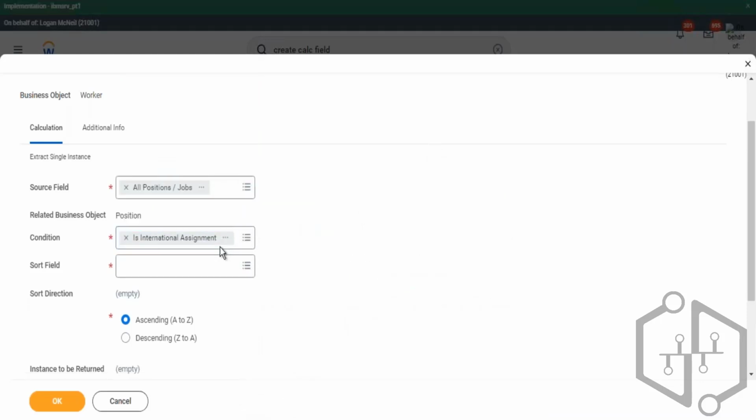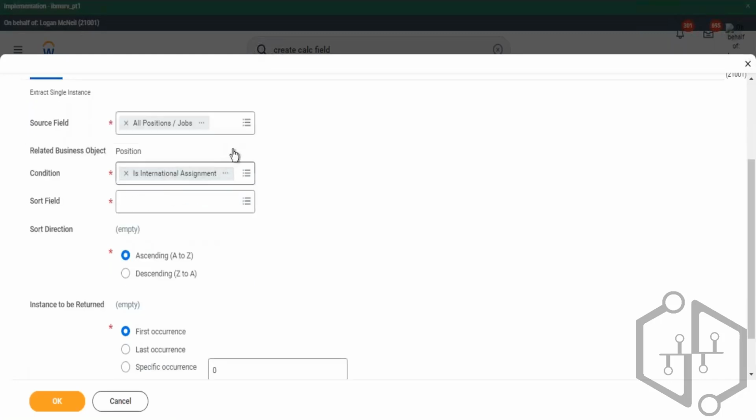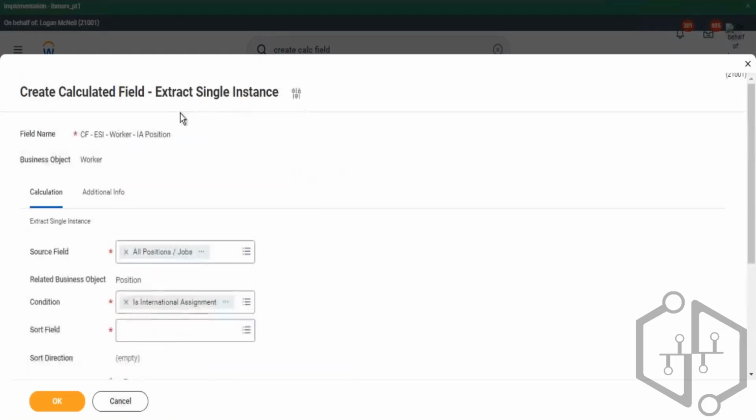So here we already have a Workday delivered condition. For each worker, the system evaluates all positions, all the jobs that the worker is in, and then checks for any given position, is this condition true? If this condition is true, then the system would give me that instance,